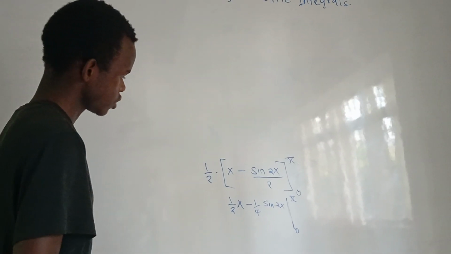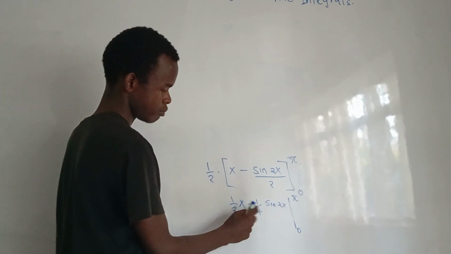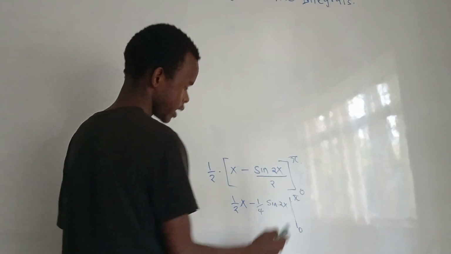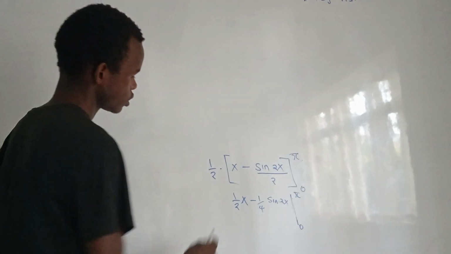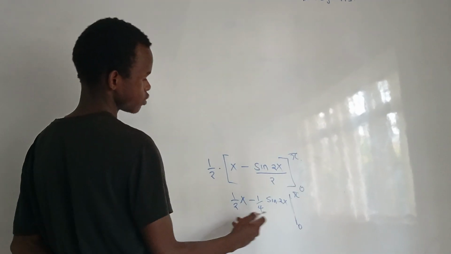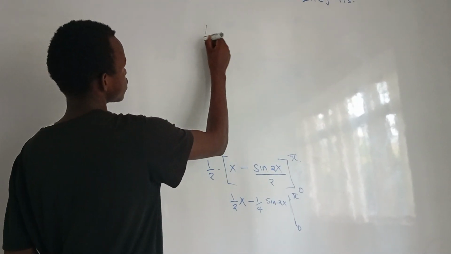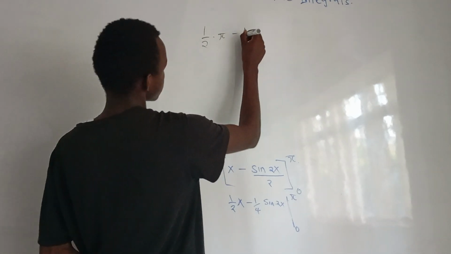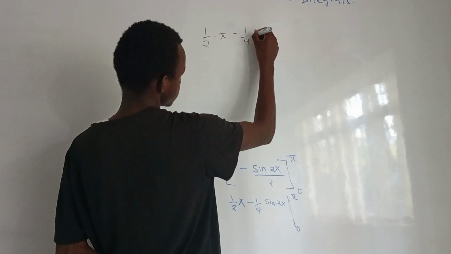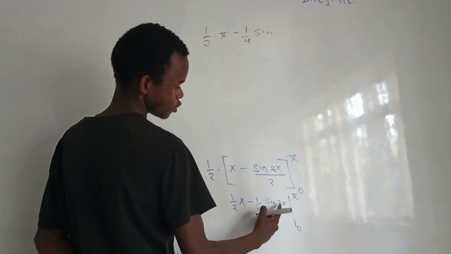So let's replace pi: it will be a half multiplied by pi, minus a quarter multiplied by sine of 2 pi,